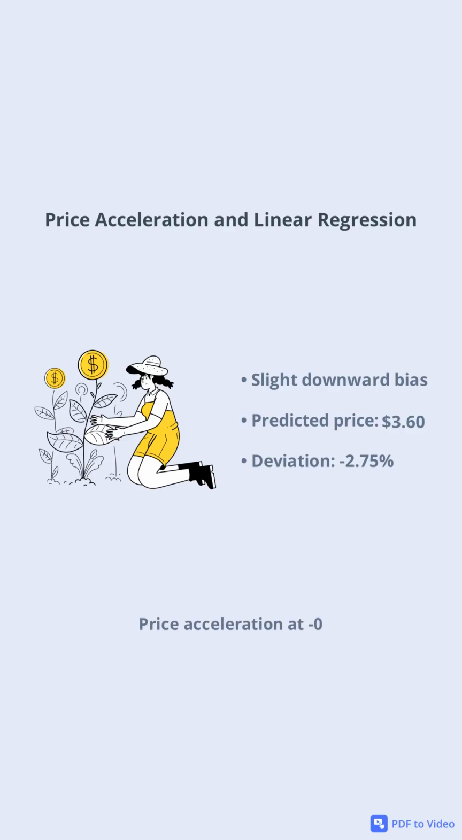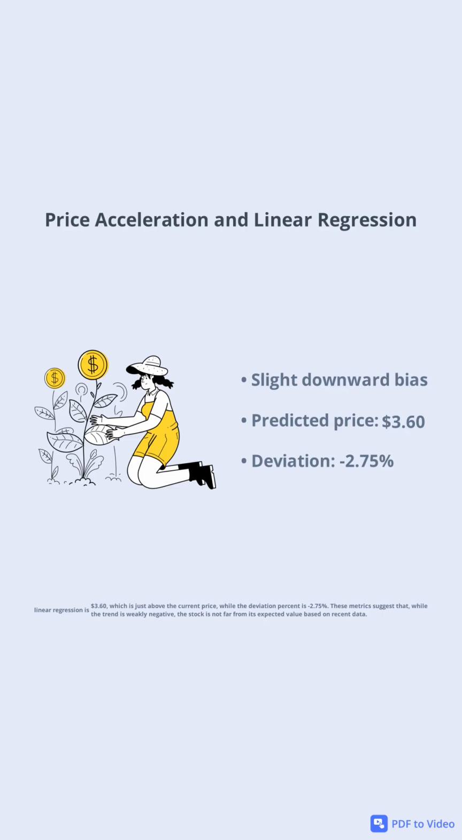Price acceleration at minus 0.01 and the linear regression slope at minus 0.0058 both indicate a slight downward bias in SPCE's price action. The predicted price from linear regression is $3.60, which is just above the current price, while the deviation percent is minus 2.75%. These metrics suggest that while the trend is weakly negative, the stock is not far from its expected value based